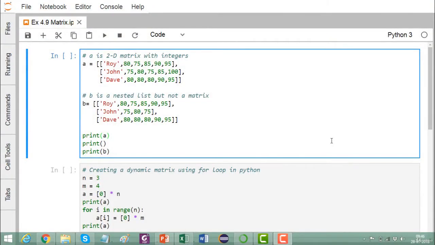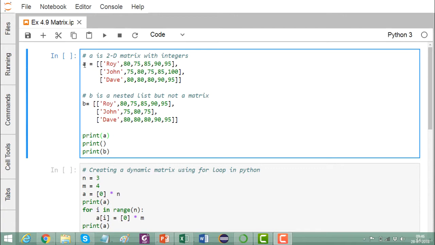A matrix is a two-dimensional data structure. In the real world, we often have to define one rectangular data table to store our data, and obviously in this particular data table we'll be having multiple number of rows and multiple number of columns. So let us discuss in our Python how we can define a two-dimensional matrix. So here you see, here we are defining a two-dimensional matrix.